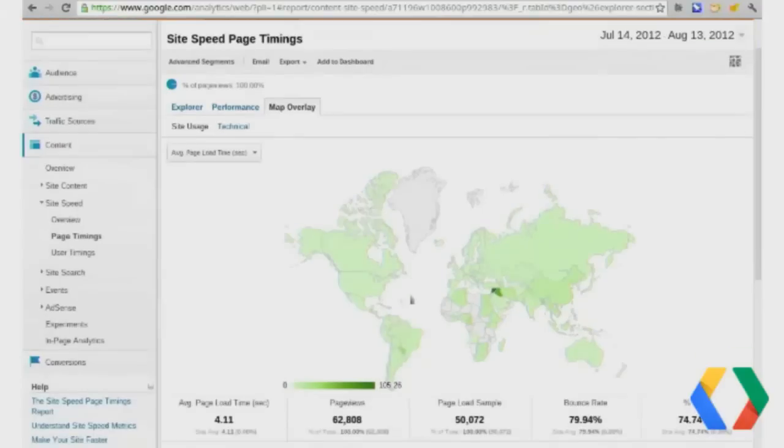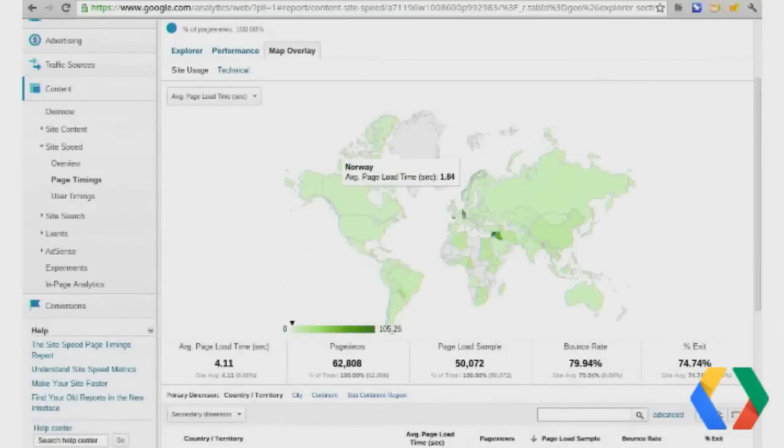And what this shows you is for every visitor that comes to my site, Google Analytics collects geo information, right? And we can then cross-reference that. So it may be a little bit hard to see, but the colors on the map here correspond to the amount of time that it took to load the page. So there's a couple of countries in here, specifically Iraq and Syria, where on average the pages take 105 seconds to load.